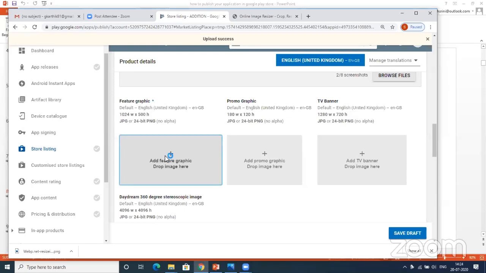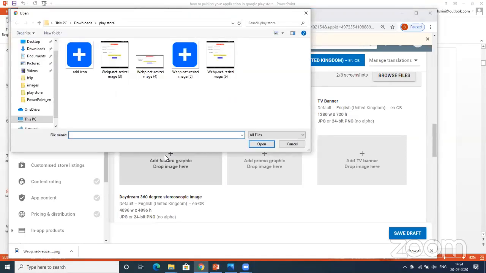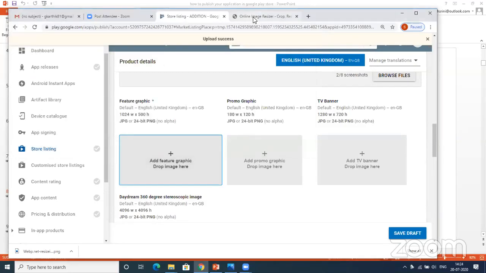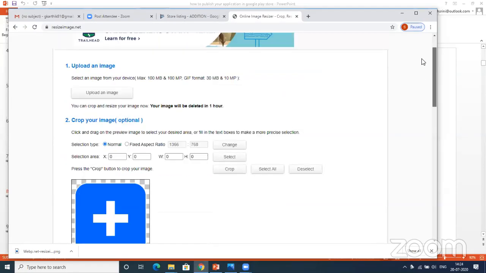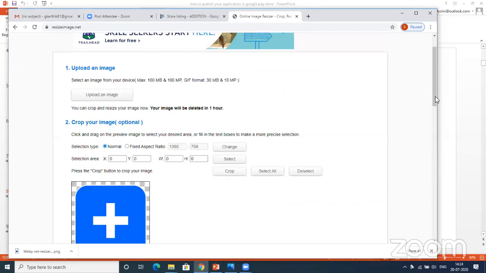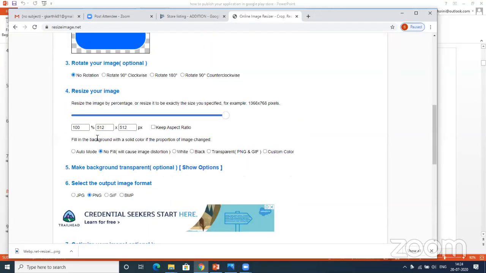If you want the same process to get 1024 by 500, we can go for this. As I told you earlier, we can upload the image the same way. Already I have that image. We can upload our screenshot image here, and here we can type